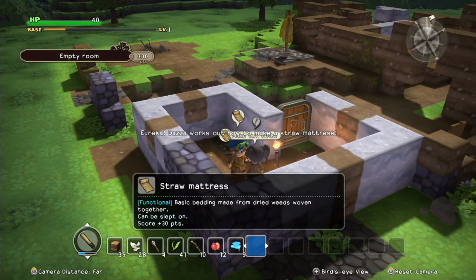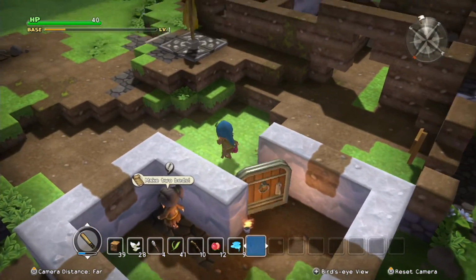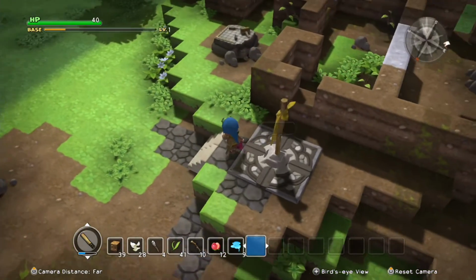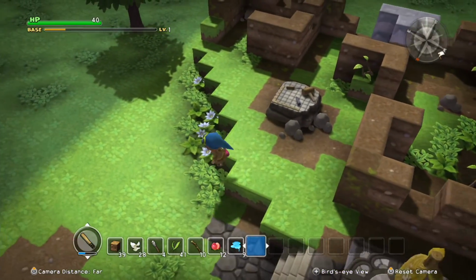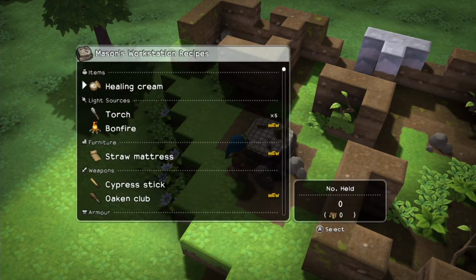Eureka! Dazza worked out how to make a straw mattress. Functional. Basic bedding made from dried weeds woven together. Can be slept on. 30+ points. Okay, and there's a reason why I went and got those green leaves. Before I was just smacking all these ones and I didn't get anything from these. It's the bright green ones like that where you always get grassy leaves, so...